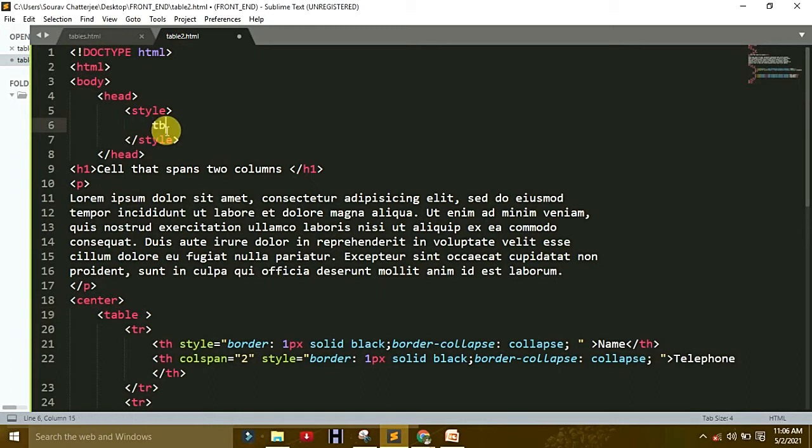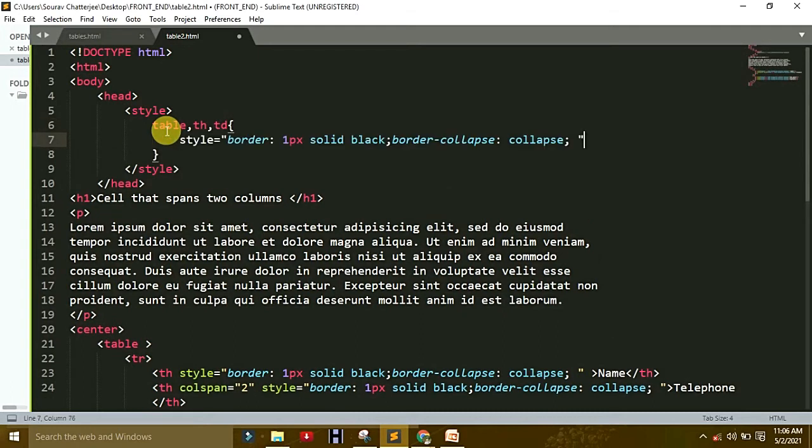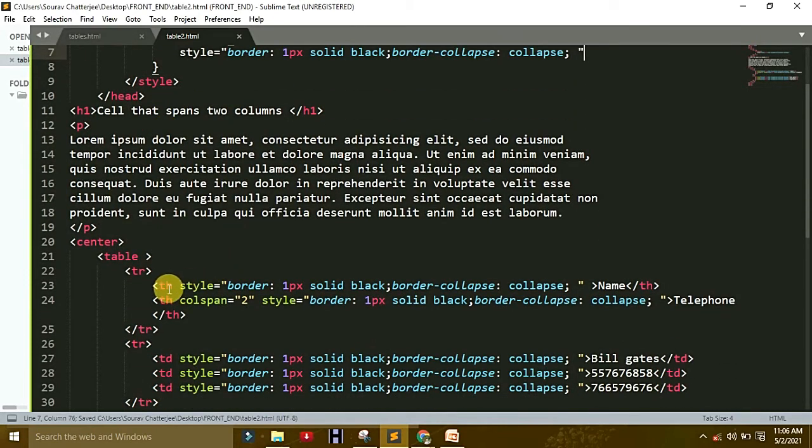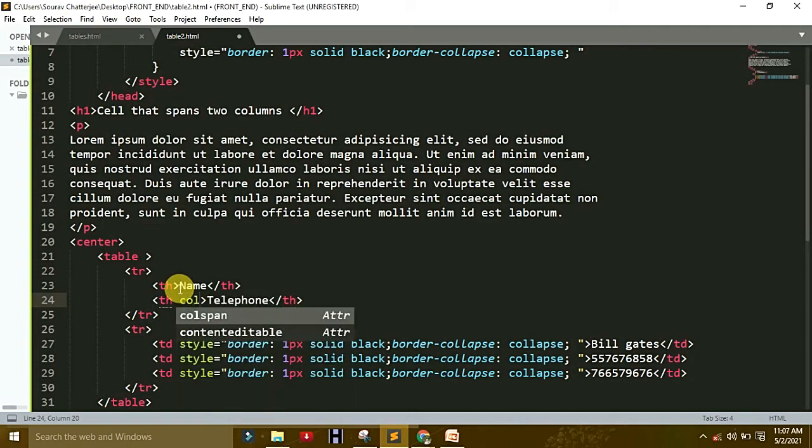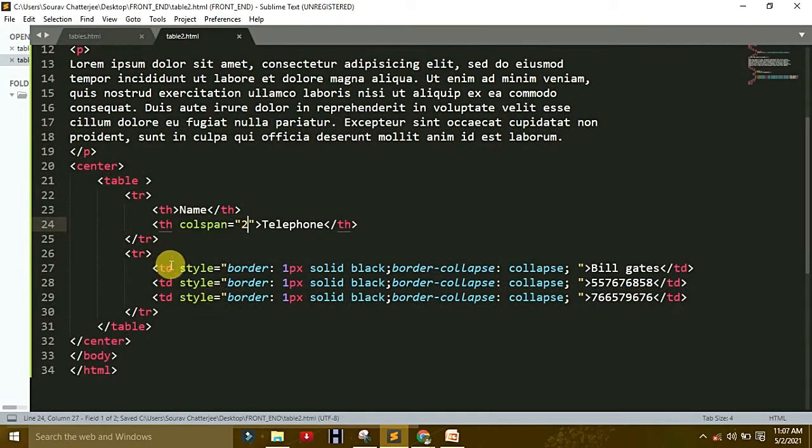We make a table here, no classes, no ID, table heading, table data, okay? What I copy, cut it here, paste it here, okay? And delete that. Again same from here, but here I use colspan because 2 numbers are there, okay? If you want to write 3, write, no problem.